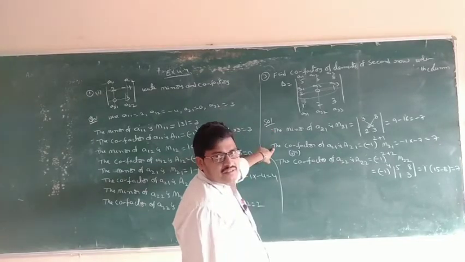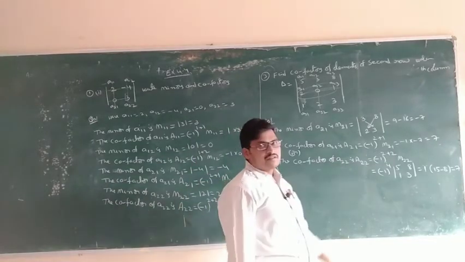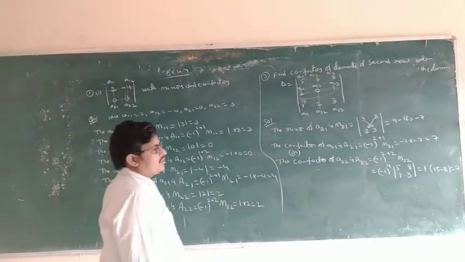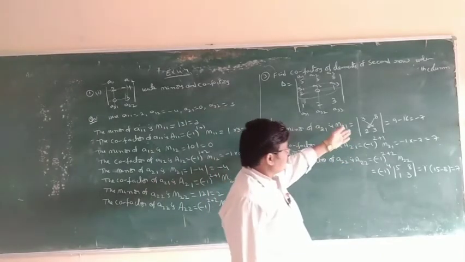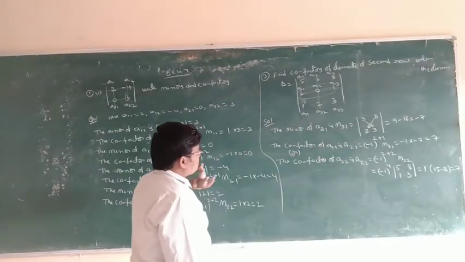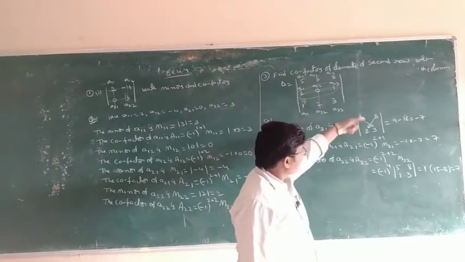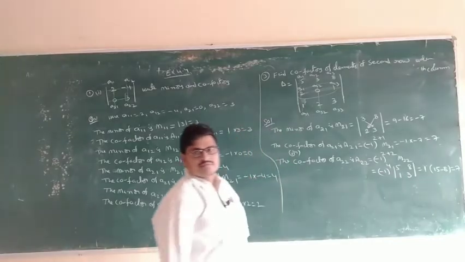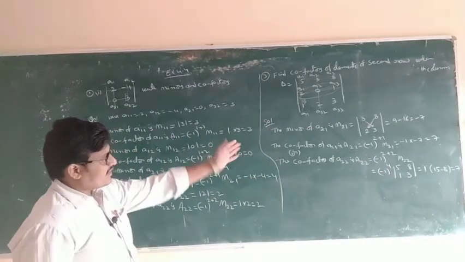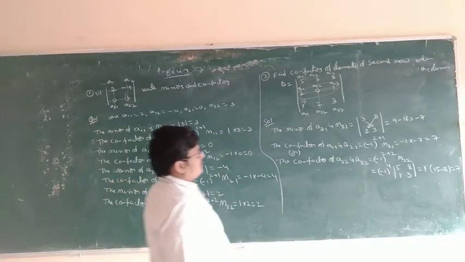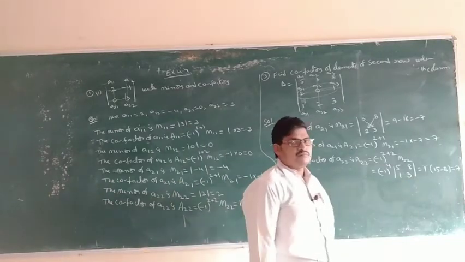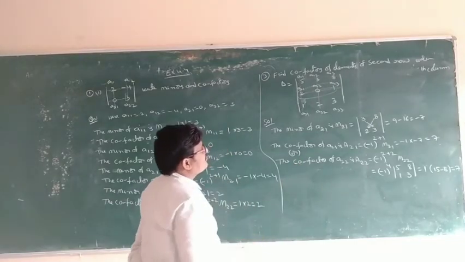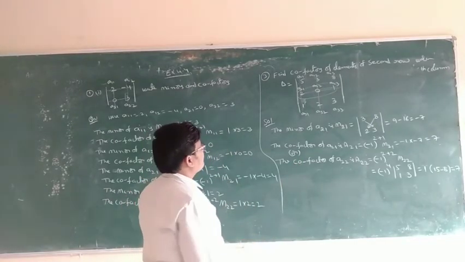Okay, this is first the minor and next the cofactor. This is one way. Another way is direct cofactor. What is the formula for the cofactor? Minus 1 whole power i plus j into the minor. So the minor, we can find before, or at the same time. Both are the same. So A22 is done. Next, in the second row, how many elements? 3 elements: A21, A22, A23.